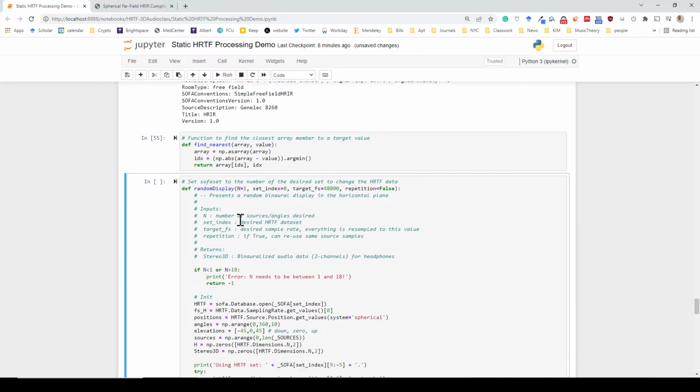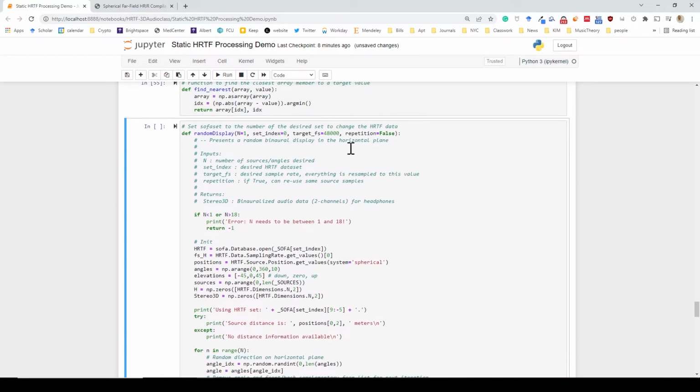Now, to illustrate the use of SOFA files, I just wanted to make a function that's a little more fun than what was done in part 1, which was just a single source rendering. Here, I'm creating a random display. So what this function will do is choose n number of sources from 1 to 18